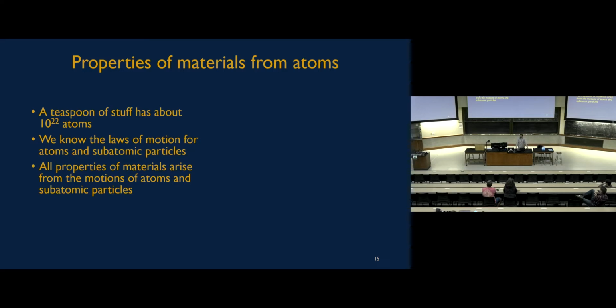We hypothesize, and so far we have seen that this is true, that all the properties of materials just arise from the motion of atoms and subatomic particles. But again, they're not regular motions. They're those weird kinds of motions that I showed you on the last slide. But every property of every material can be explained just by the motions of these atoms and electrons and subatomic particles. And there is a way to do such calculations, not by hand, but with a computer.